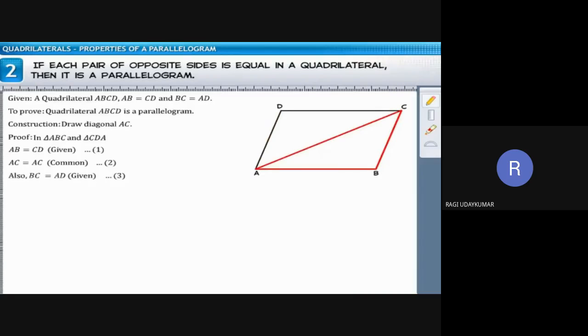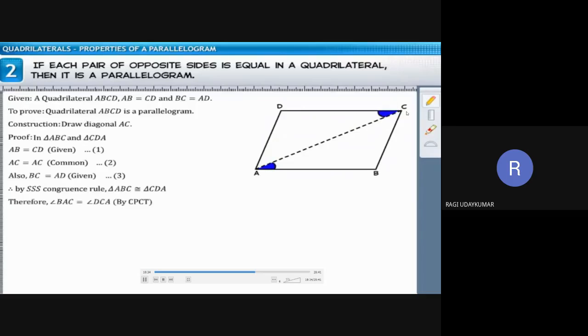वो प्रूव करने के लिए ट्रायंगल ABC एंड CDA इज टेकन। नाउ we know that here it is given that AB equal to CD given, AC equal to AC, now SSS congruency here use करना है। दे दिया तो तब ये दोनों कॉन्ग्रुएंट हो जाता है ट्रायंगल्स। ये दोनों कॉन्ग्रुएंट हो गए तो CPCT के अकॉर्डिंग एंगल्स इक्वल होता है, BAC एंड ACD, ये दोनों अल्टरनेट एंगल्स इक्वल हैं, दैट्स व्हाई यू कैन से दैट।